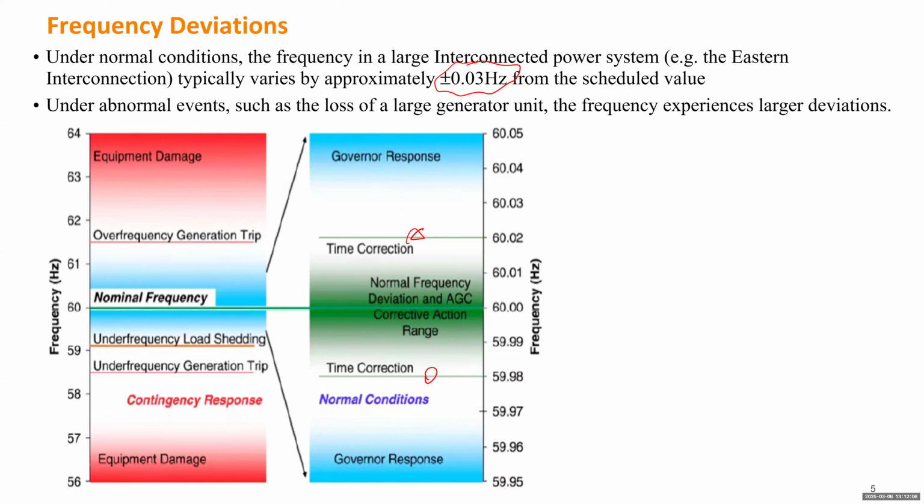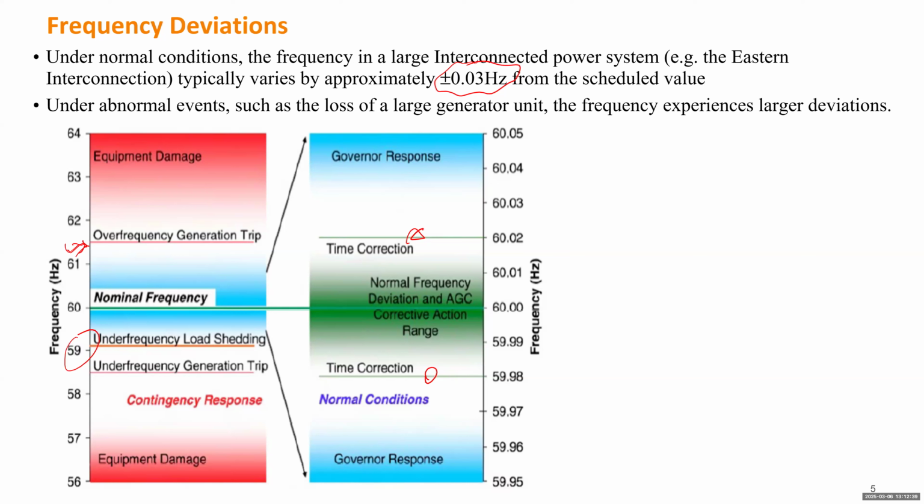Okay, so if we cannot maintain within the blue region and we somehow move towards the red area, for instance, when the frequency changes by 1.5 hertz, going above 61.5 hertz, there will be a protection which will trip the generator because the generator is operating under an over-frequency condition. Similarly, if it's too low,